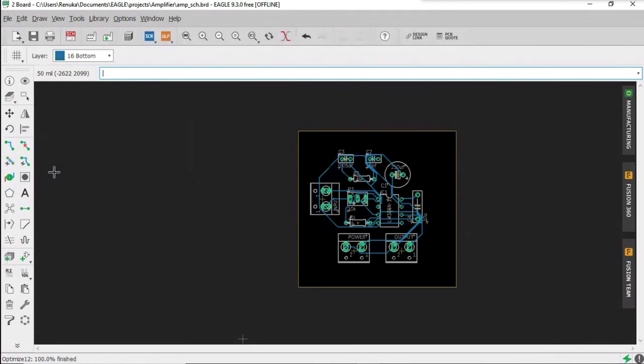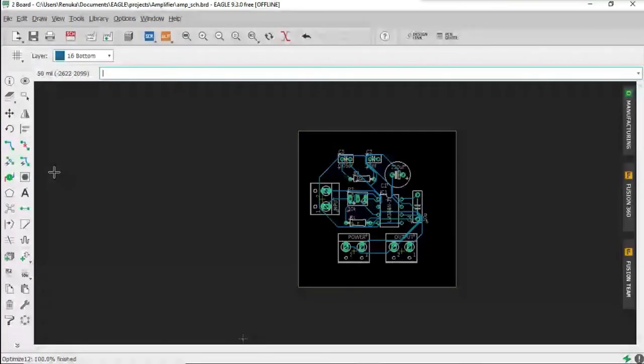Okay. After this, you need to add a polygon. Polygons are used to create copper areas on the PCB board which are not used for current flow. That is, they are connected to ground. So you need to connect the extra copper layer on the board to the ground. That is, the current won't flow in those copper areas. So to do that, we use an option called polygon.